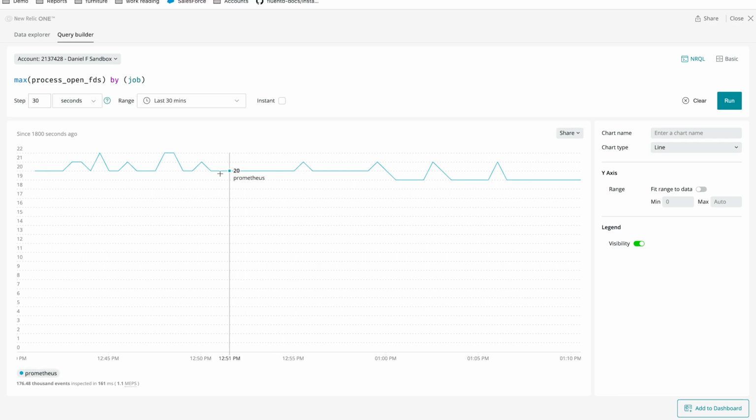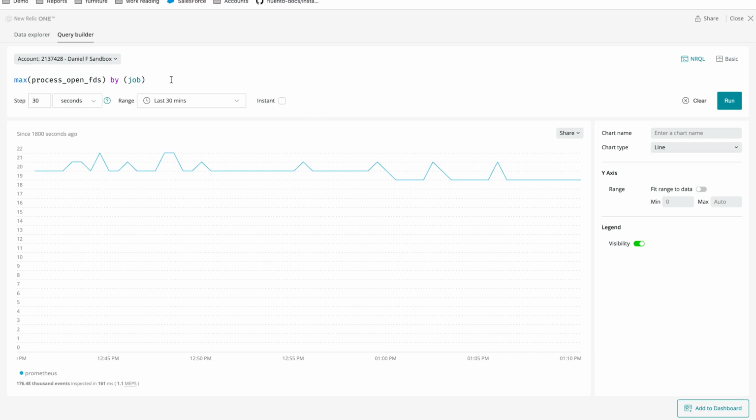So how do we set up an alert for this? Well, New Relic allows you to alert on the result of a query using NRQL. So I have my PromQL query here, and I'm familiar with how I write PromQL, but I don't actually know what the corresponding New Relic query would be.